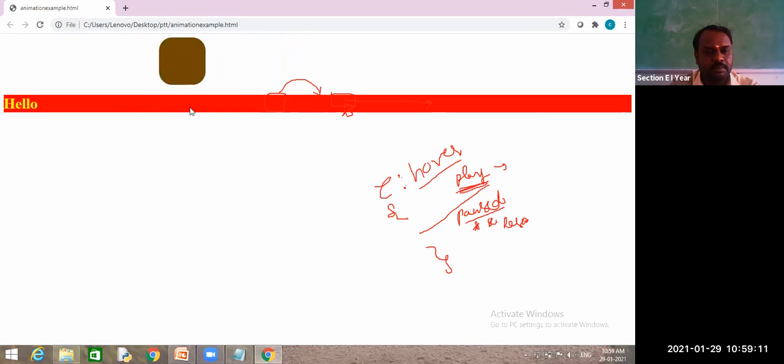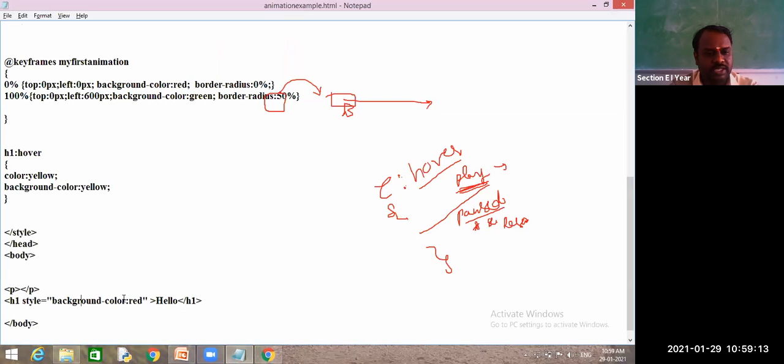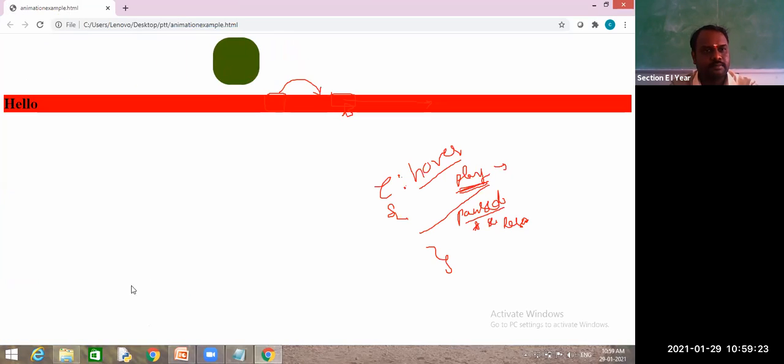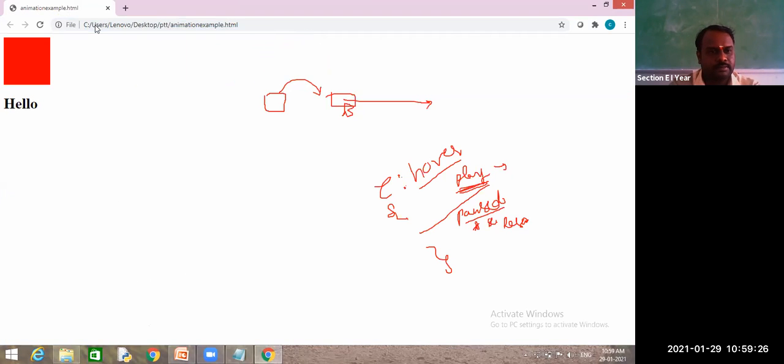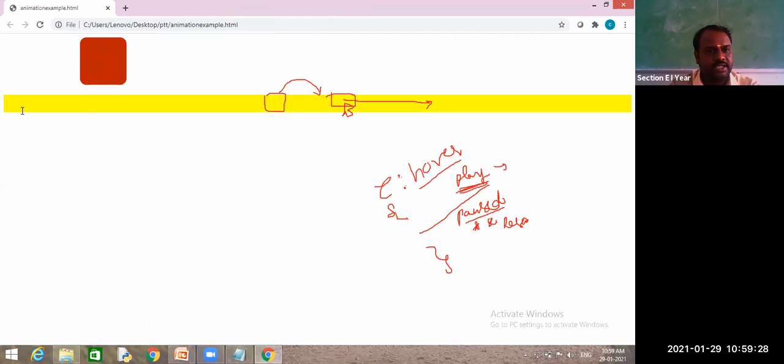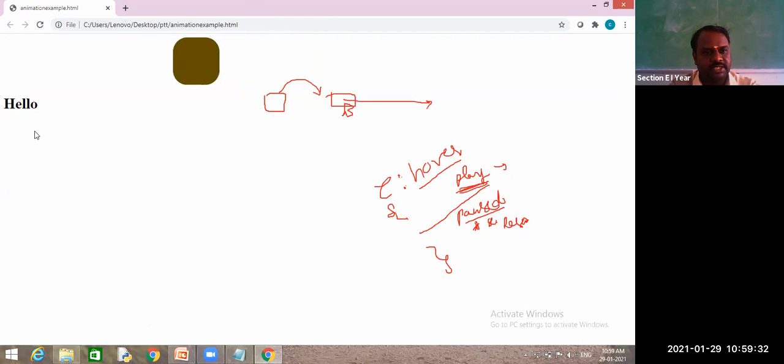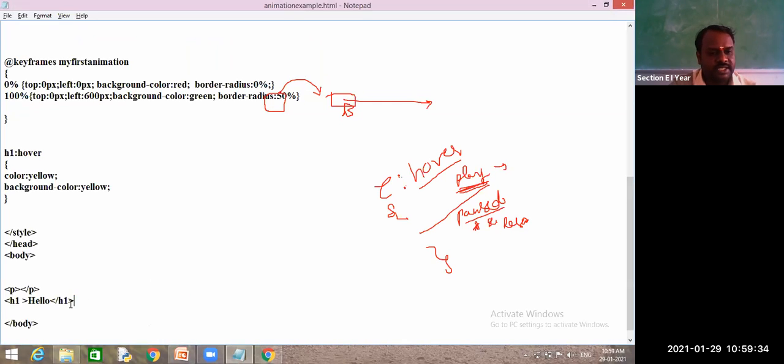Along with that, we have red color. That's why we are unable to see its changing property, but it is applying. If you remove this default color, then you can see the difference. When it does not have anything, it is applying. So is it clear?